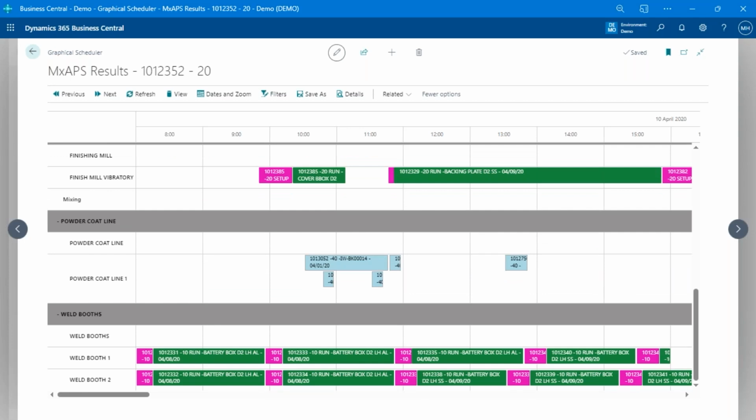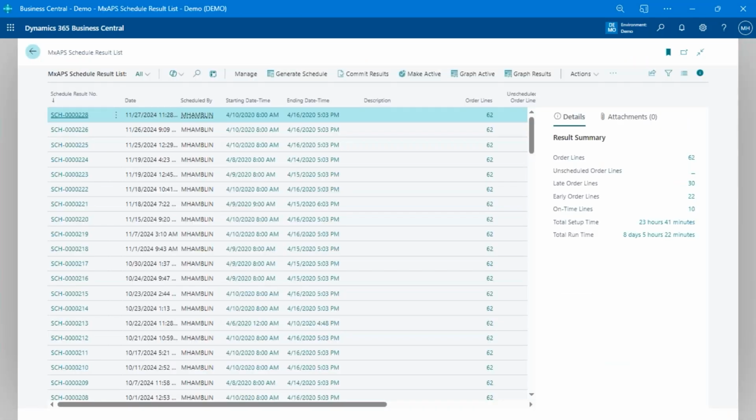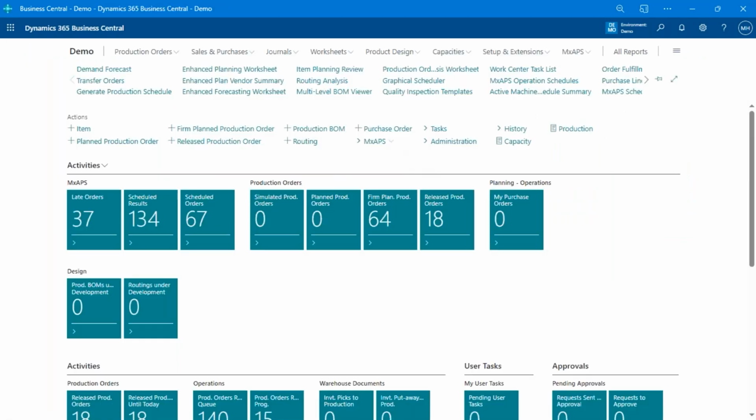All right, now I've generated the schedule, I reviewed it, I'm happy with it, I might commit or I might just make it active, and now I need to execute that schedule. So I'm going to go out to the shop floor and actually do work on it. I might print out a shop package, or maybe I want to go paperless. But the next step, once I've got that schedule generated, is to actually record what's happening in the shop so that the next time I generate that schedule, we're taking what's happened in the facility into account.